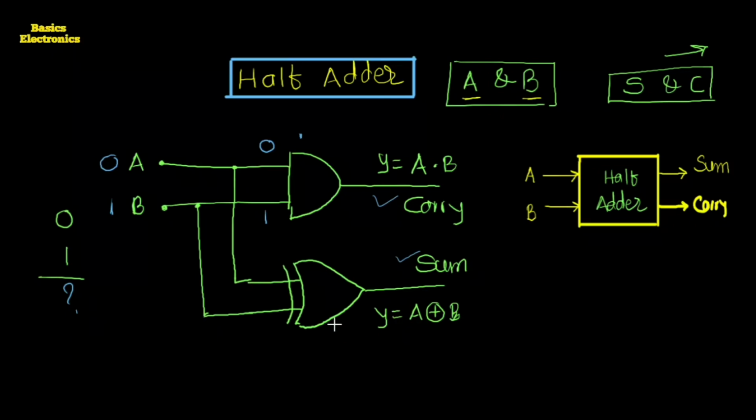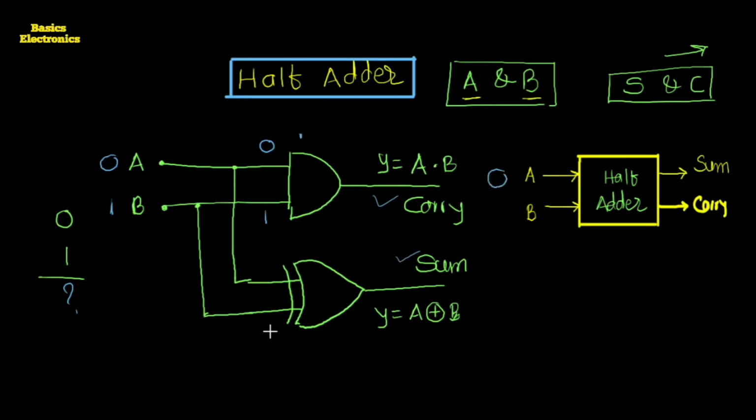Okay, so here the inputs to the AND gate are 0 and 1. We had seen the don't care condition of the AND gate. If any one input of the AND gate is logically low, then its output is logically low. So here one input, that is A equals 0, so therefore we get the carry equals 0.